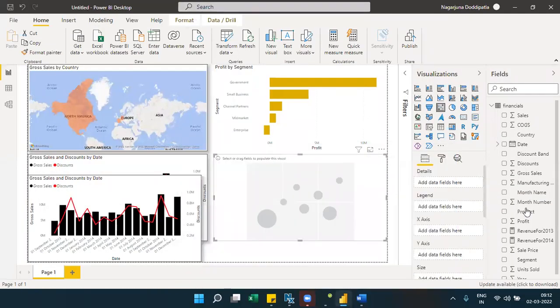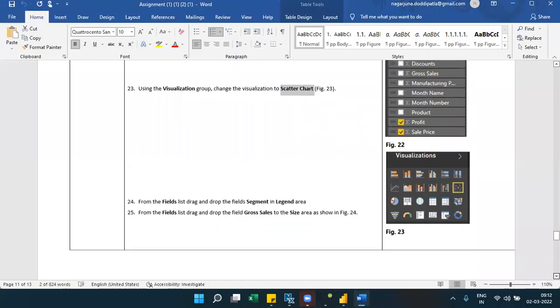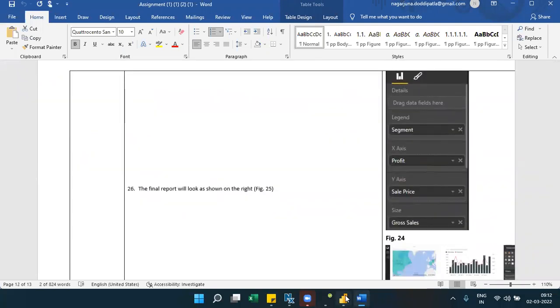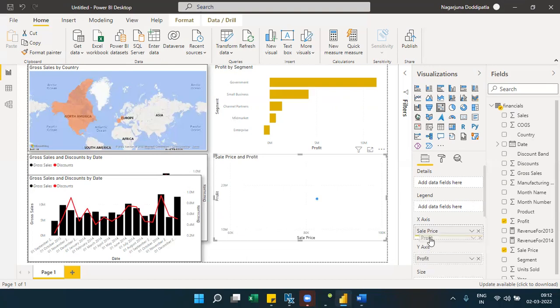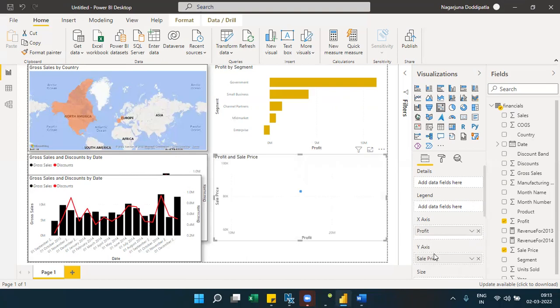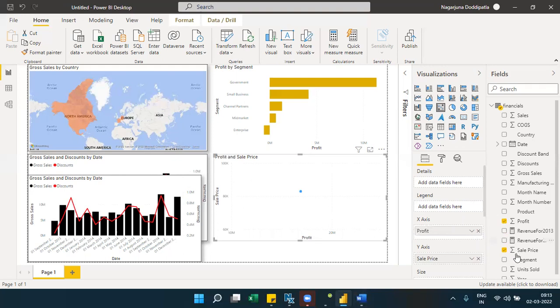Sales price, where is our sales price? I'll take the sales price in the x-axis, profit in the y-axis. Whenever it is a scatter plot, there will be two axes, x-axis as well as y-axis. Let's see what he asked to put. So here he said x-axis profit. So I reversed it. X-axis should be profit. So y-axis he was saying sales price. He was trying to compare sales versus profit, and he wants to distribute it by segment. What did he say for the legend? Segment. So segment wise he wants to divide it with different colors. Legend and it will